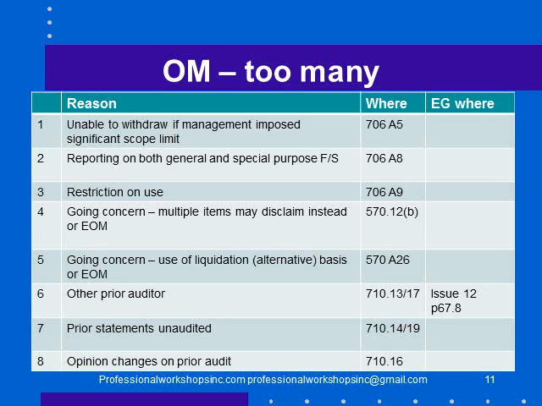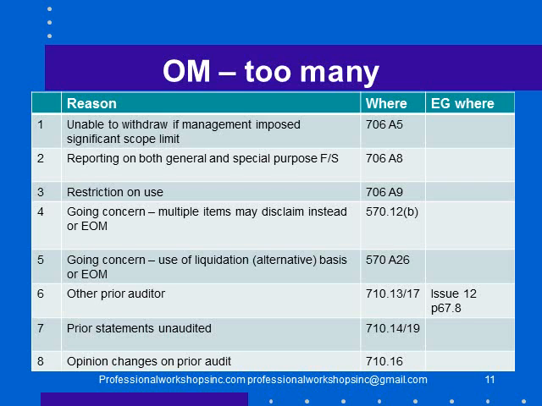Other matter paragraphs. We really would like to resign. Management has imposed a very significant scope limitation, but we can't because we have an obligation to report to the shareholders. We might want to have a paragraph where we said, we really want to resign, but we can't. We're having to report one last time, probably a disclaimer of opinion,